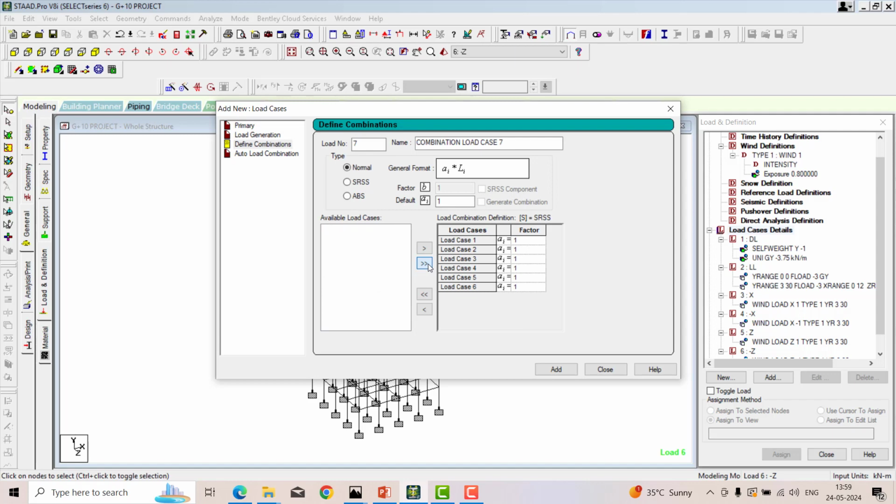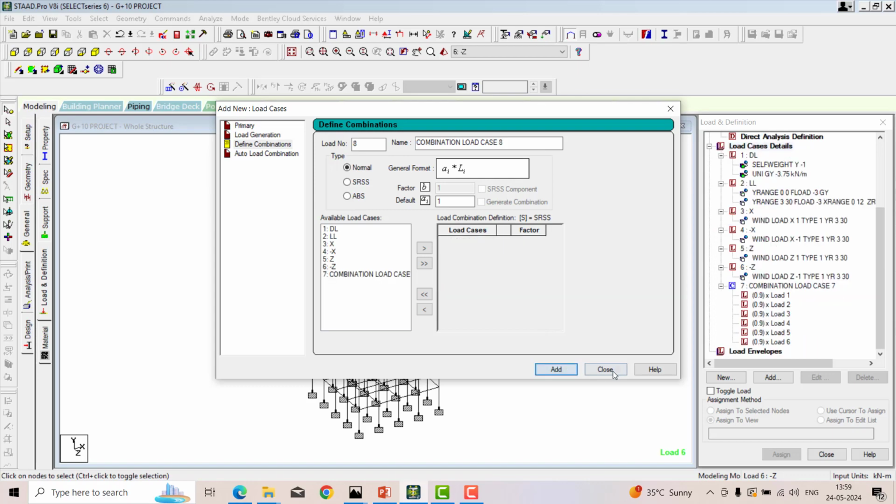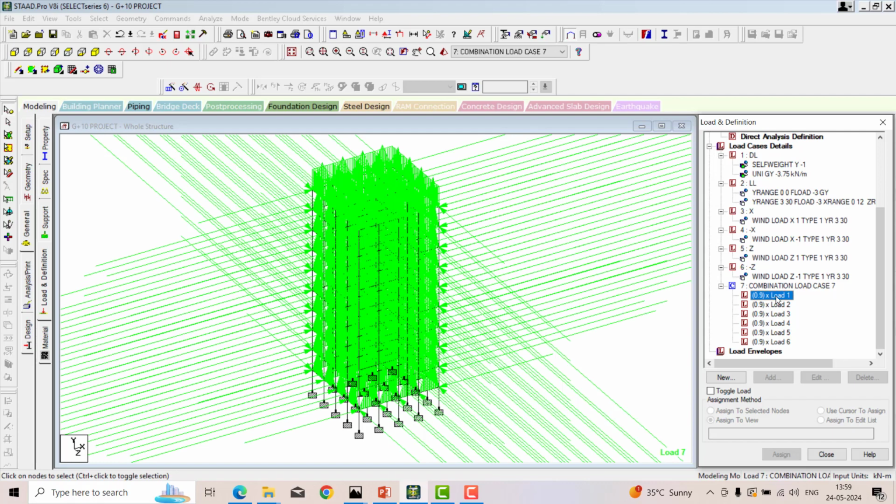Next, we have to apply all the loads and I am going to add it manually, that is 0.9, 0.9, 0.9, like this, and add and close. So we'll get the combination, that is 0.9 into load 1, which is nothing but dead load, 0.9 into load case 2, and that way.